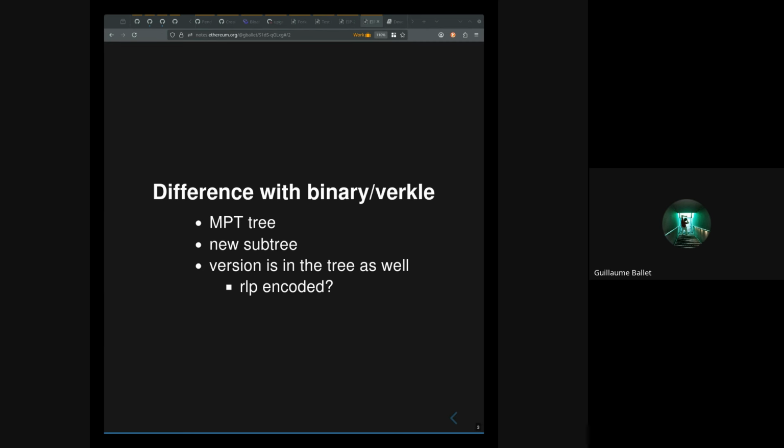Based on this, and proving that we brought real-time proving closer, we can also make the argument that binary trees, or even once again Verkle, if we can find a post-quantum way to do it,